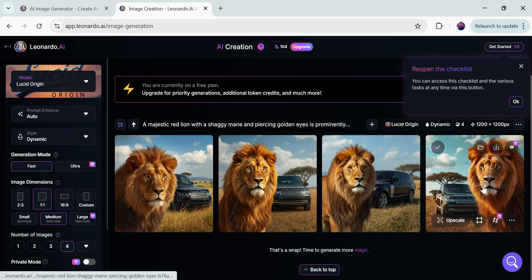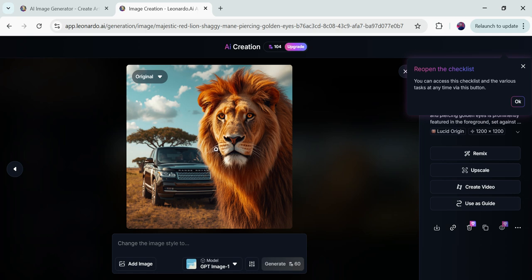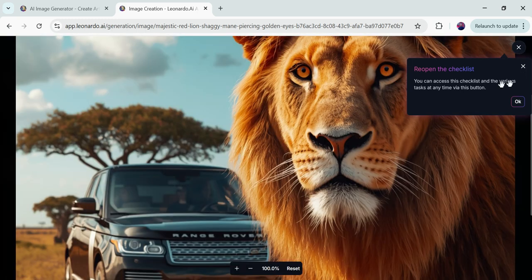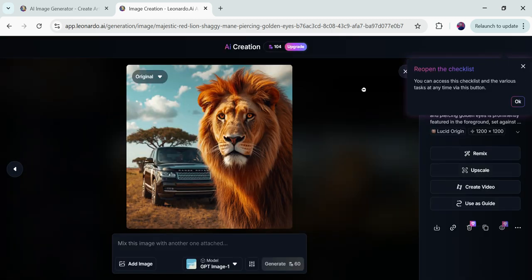As you can see that this is the best image that we have got. We have got multiple images and this looks like one of the best. So you can see that it's the original version and you can simply download this, or if you think the image is not in HD quality, you can also click on this upscale button to increase its quality. After creation of the image, you can just simply click on this download image button to download your image.